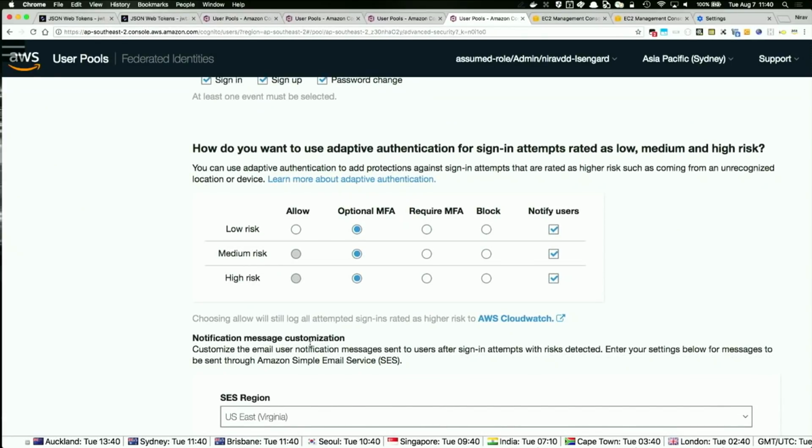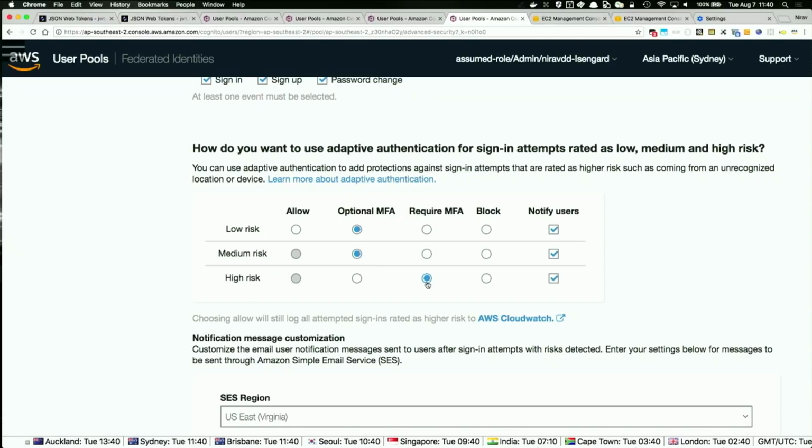After trying to sign in, if the system detects that the user trying to sign in is a medium risk or a high risk user, you have the option here to configure the user to be forced into giving an MFA. How many times have you seen, when you are signed into a certain service and you switch the device, the service makes you sign in again with an MFA.